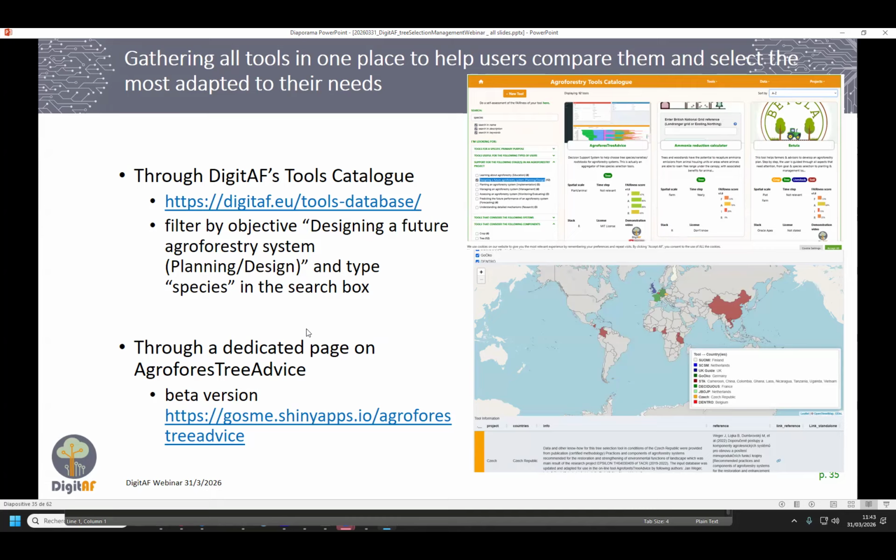And we also developed a specific page on the agroforestry advice tool, which I will present just after, that shows different countries where the tools were developed and used, with a little info about each of those tools and the scientific reference.